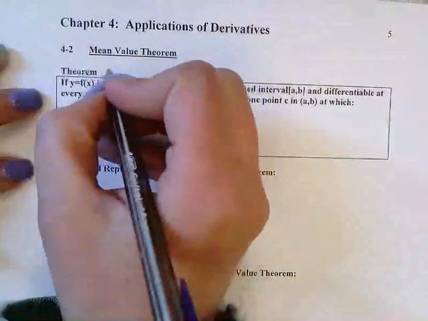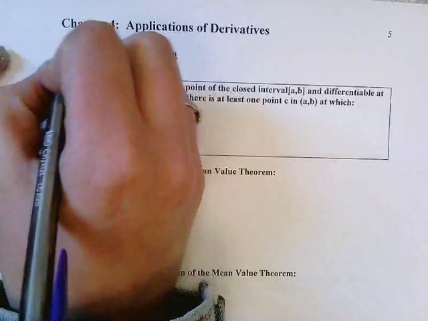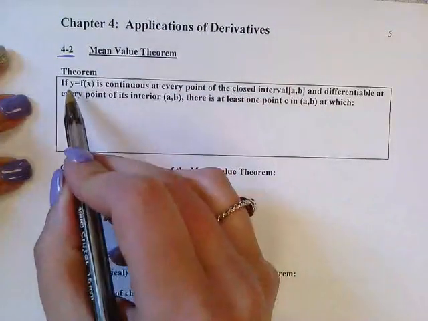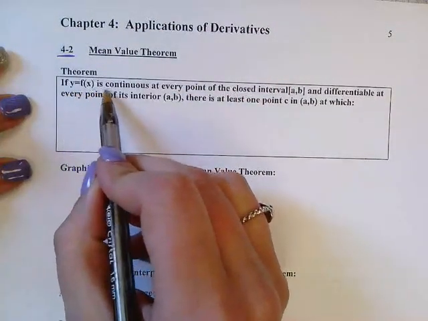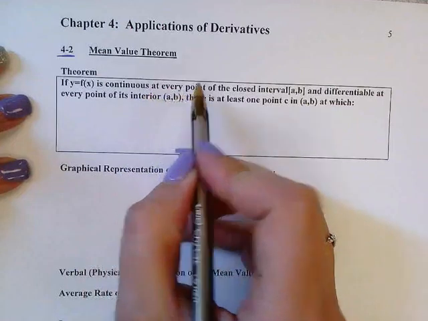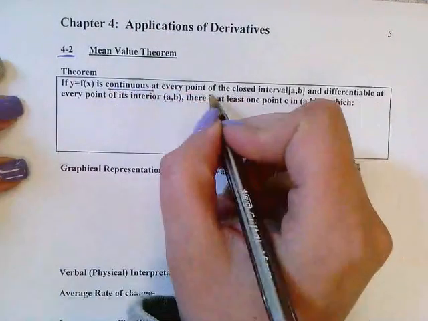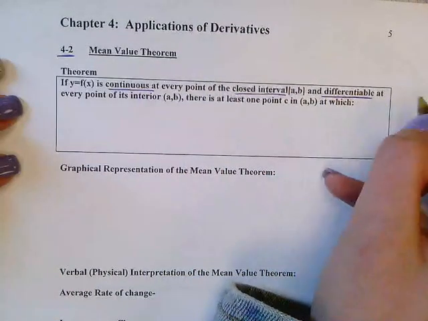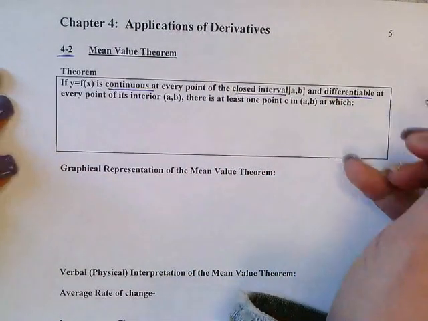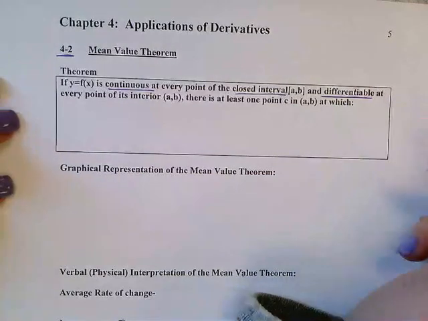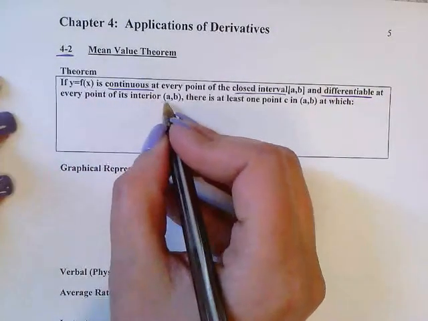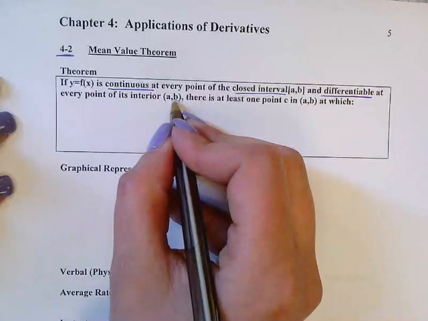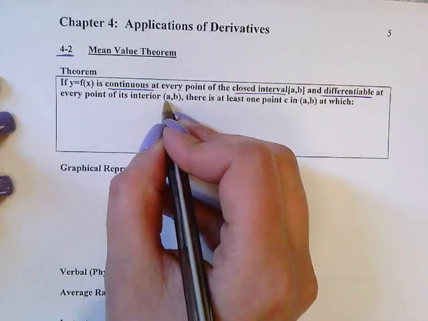All right, so for the mean value theorem, section 4.2, the theorem states if y equals f of x is continuous at every point on a closed interval and differentiable. Okay, so this is where the differentiability comes in. Remember, the EVT did not have differentiable at every point of its interior from A to B, so it doesn't have to be differentiable on the